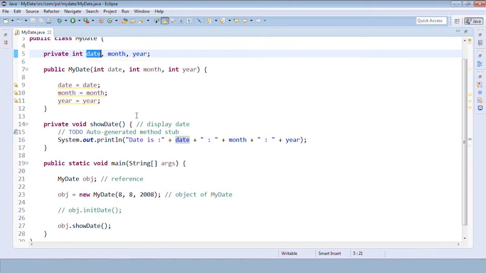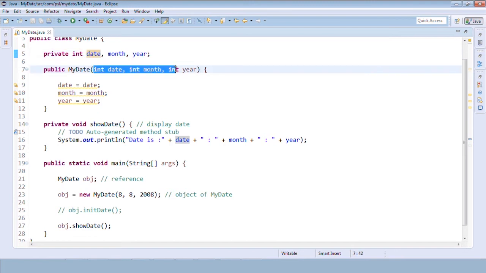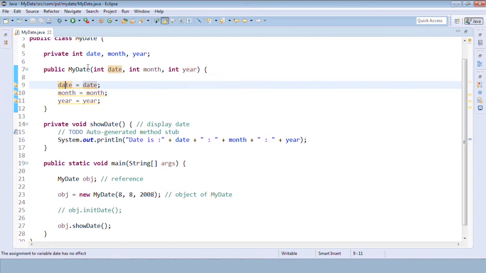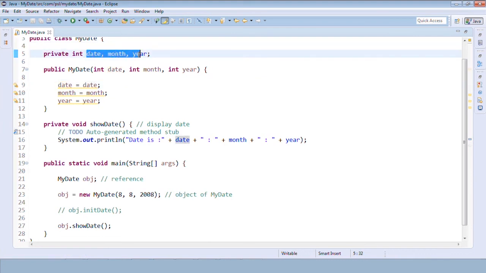Because what we wanted to do is initialize the values or pass the values into these variables, right? But we have initialized only these. The problem is the date on the left hand side should be a global date, according to the requirement. Where do we want to initialize variables? We want to initialize the global variables, right? But on the left hand side we should have global variables, right? But